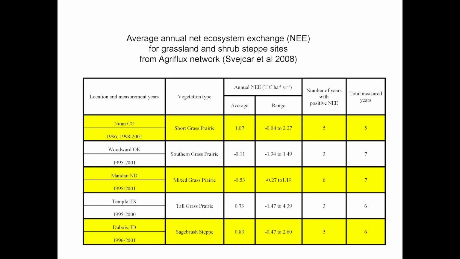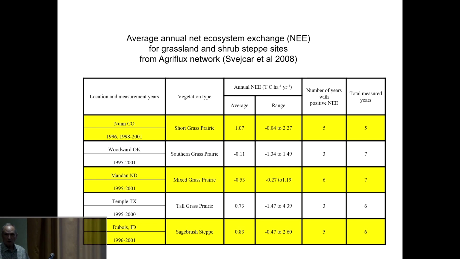If we look at the same study, just an extension of that table, if we look at some other rangelands in different places, Colorado short-grass prairie, which would be very similar to the eastern third of New Mexico. We did really well there. That was, if you look back at the time period, that was the year that was most like this year. Those years were very good from a rainfall standpoint, and they actually averaged about a ton of carbon per hectare per year. But even at that, I mean, they got 5 out of 5 years. They did very well. Woodward, Oklahoma, a little bit higher rainfall, only about half the time were they positive.